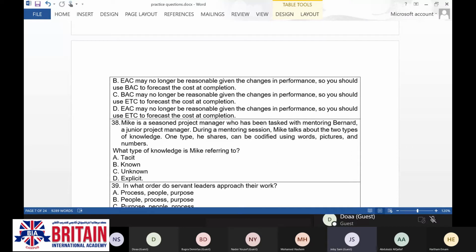Tacit is basically something that is not describable, maybe it cannot be shown. Tacit is coming from experience. Could you give me certain examples to differentiate between tacit knowledge and explicit knowledge?